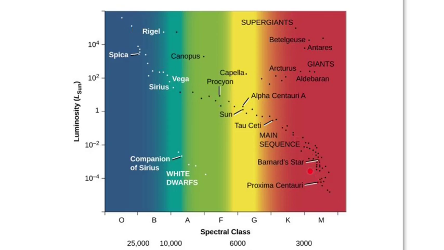And this is called the main sequence. Stars spend about 90% of their time on this main sequence. Up here, we have super bright giant stars. And down here, we have